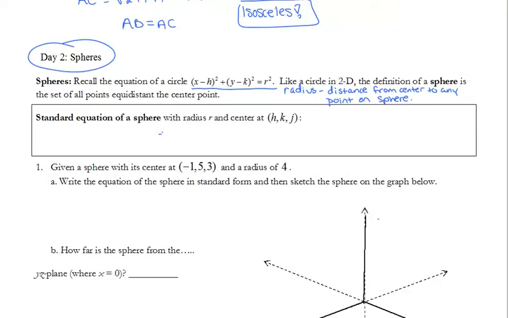So your standard equation of a sphere is going to look very similar to your circle. The only difference is you have a third component. So where you had a center of (h, k), you now have a center of (h, k, j). And remember that your typical point in 3 dimensions is (x, y, z). So your standard equation of your sphere is going to be (x - h)² + (y - k)² + (z - j)² = your radius squared. So it's going to look very familiar. And your center is your (h, k, j). And then your radius is obviously your